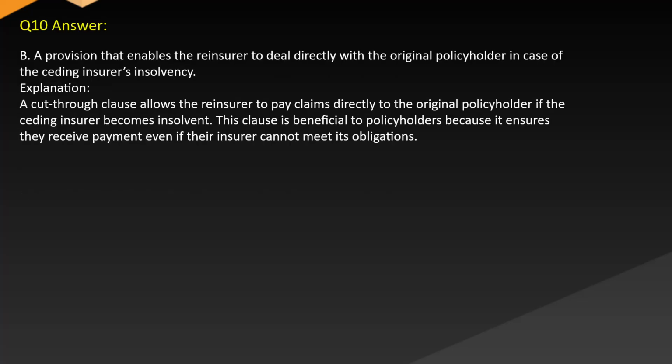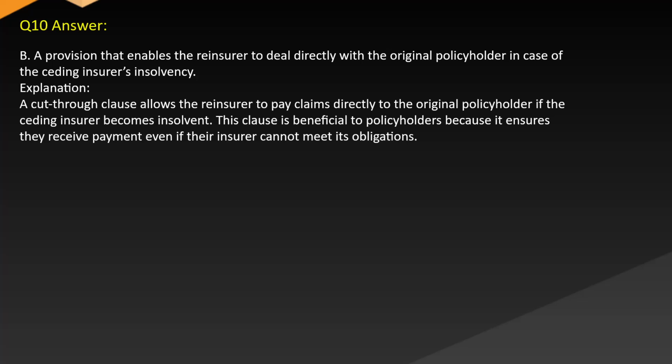Answer: B. A provision that enables the reinsurer to deal directly with the original policyholder in case of the ceding insurer's insolvency. Explanation: A cut-through clause allows the reinsurer to pay claims directly to the original policyholder if the ceding insurer becomes insolvent. This clause is beneficial to policyholders because it ensures they receive payment even if their insurer cannot meet